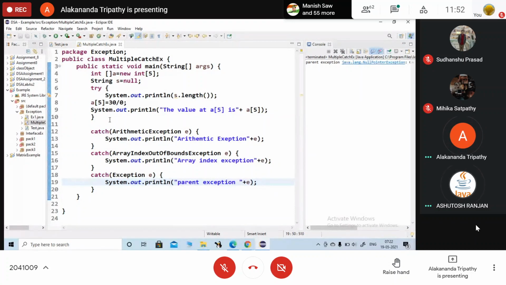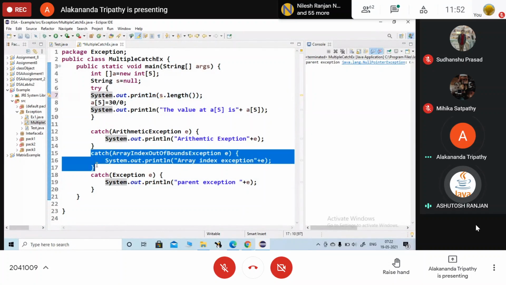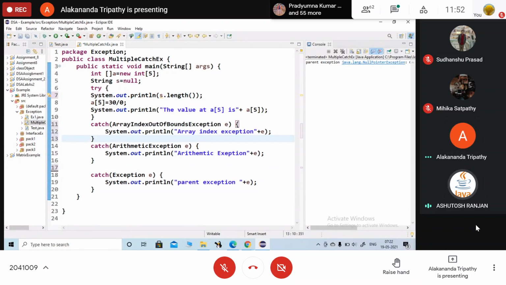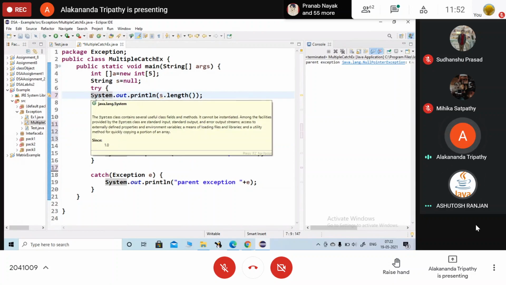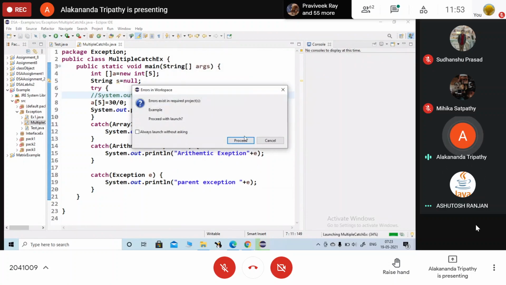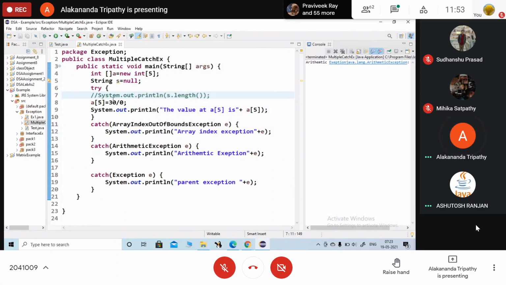मैम एक डाउट था. आप पूछो. मैम अगर ये हम लोग a5 इज इक्वल टू 30/0 रखें और पहले में कैच एरे इंडेक्स आउट ऑफ बाउंड रखें और सेकंड में अरिथमेटिक रखें, तब तक प्रिंट होगा. ऐसे तो यस मैम. एंड दिस वन कमेंट लाइन में डाल देते हैं. ये वाला, पहले कौन सा जनरेट हो रहा है? विच एक्सेप्शन? मैम वही मेरा डाउट हो रहा है कि a of 5 तो मतलब एग्जिस्ट ही नहीं कर रहा है, तो